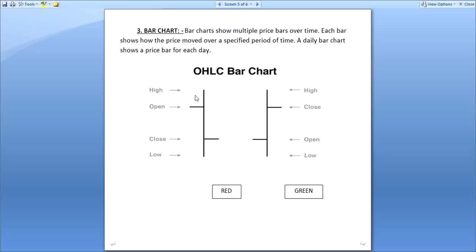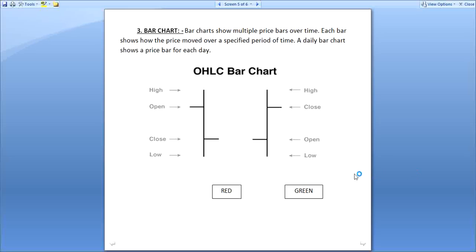Let's see how it works. The OHLC bar chart is also just like the candle, but it doesn't show green, red, bullish, bearish, so we get slightly confused. But candlesticks we are very familiar with, which is why we mostly use candlesticks. So let's see what the OHLC bar chart is. Red means bearish. Green we can mostly denote as a bullish candle.